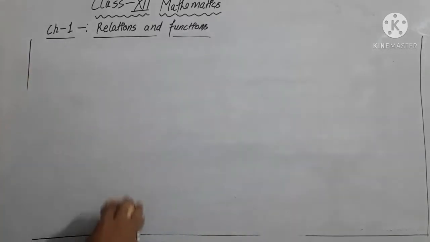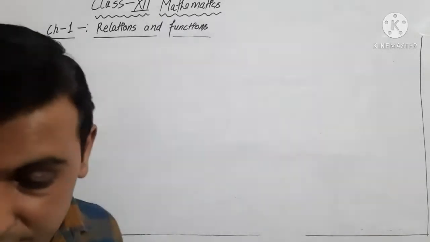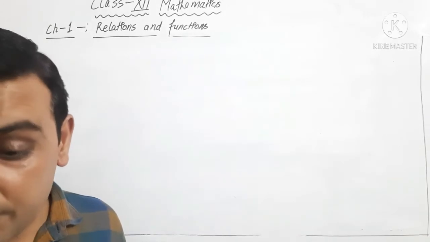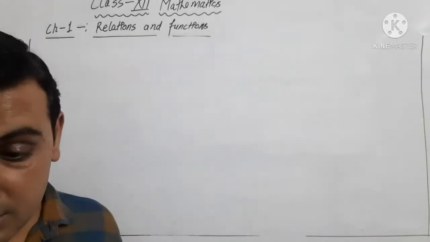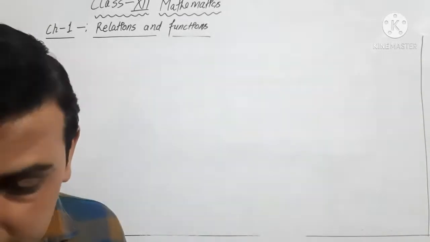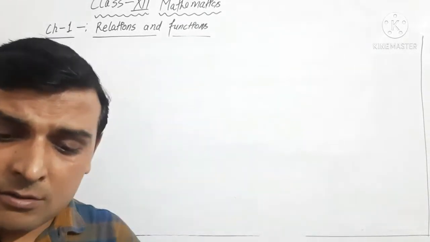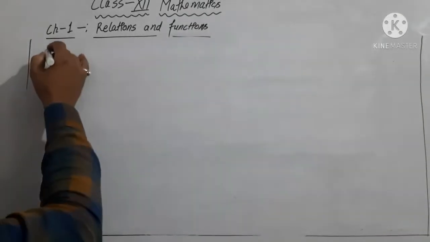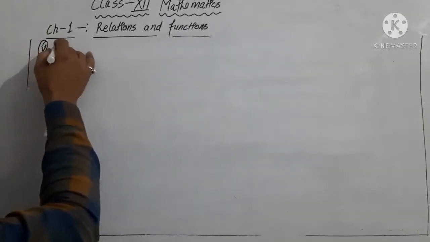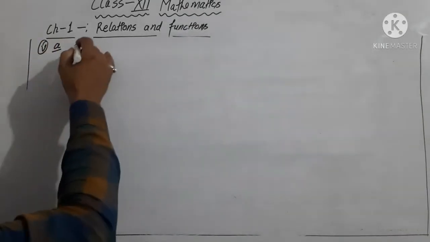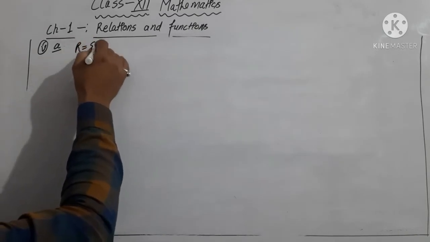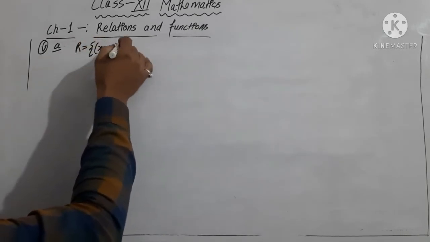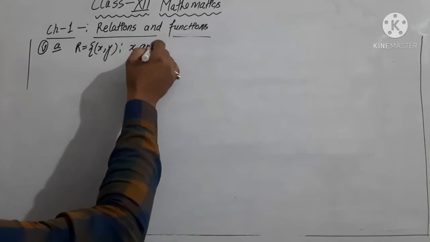In question number 1 there are 5 parts, and in the fifth part there are also 5 parts. So we are starting from part 5A. The relation is defined as (x, y) such that x and y